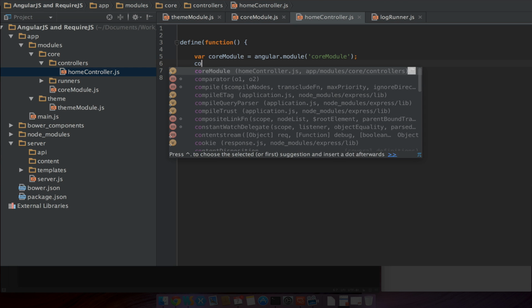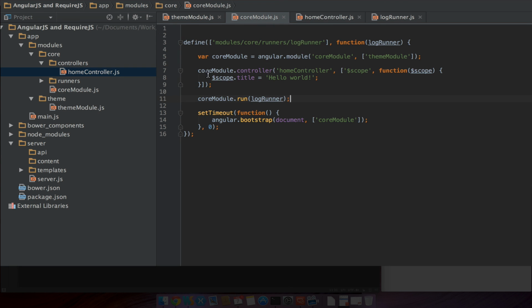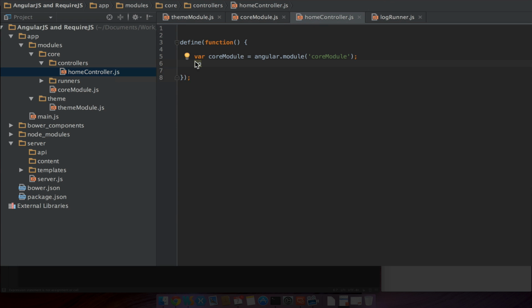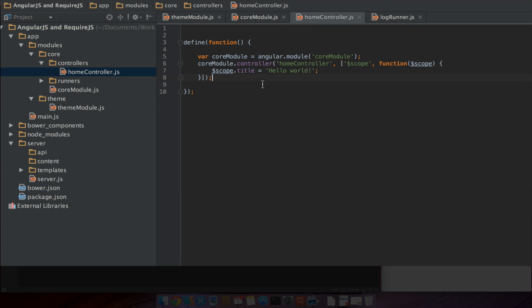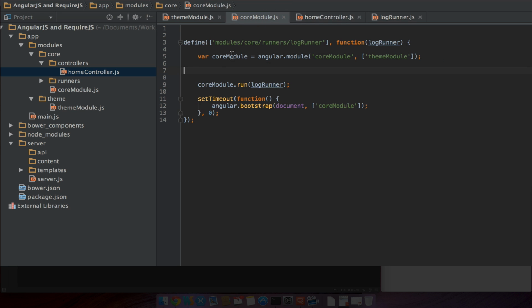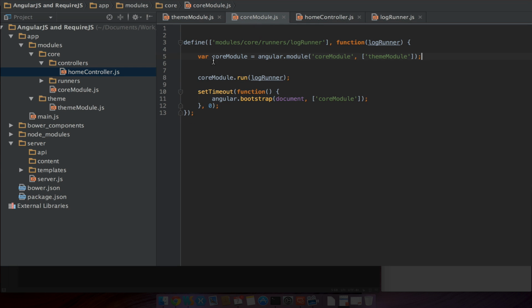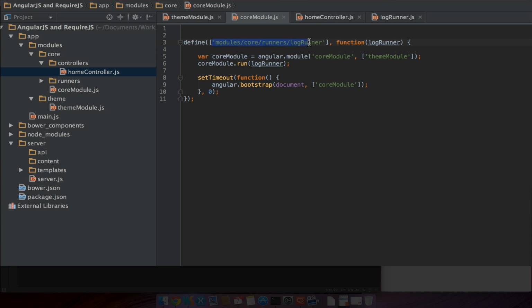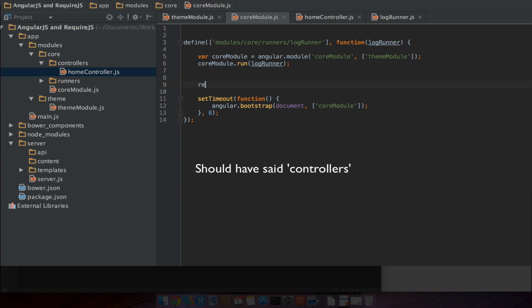And here we can just add the function that we have here. Now this will have been registered, right? But one of the things we can't do is specify it like we did here, because we need to instantiate our module before we attach these runners. So what we do is we require